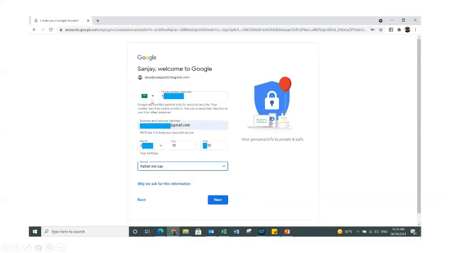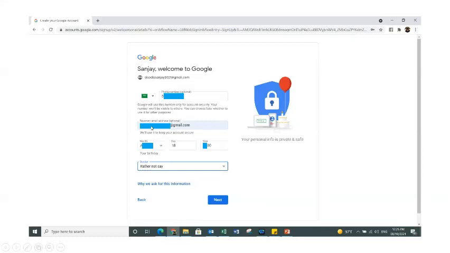You can select the appropriate country, enter the phone number, and then here in the next field, you need to enter a recovery email address. Mind it, this recovery email address is very important for you. Reason being, if by any chance you forget your password, or if there is any suspicious activity, Google will block your Gmail account and it will send you a notification onto this recovery email address that you have provided.